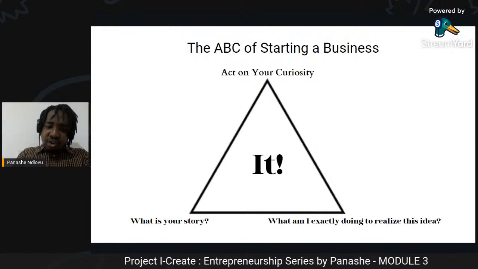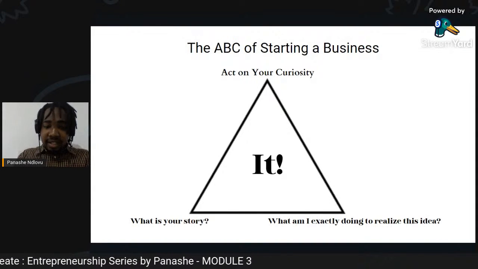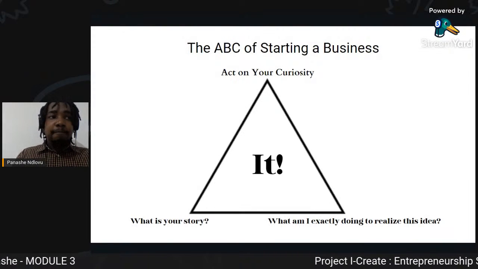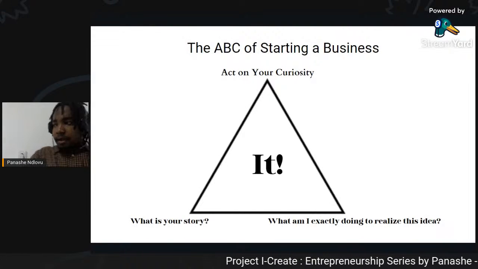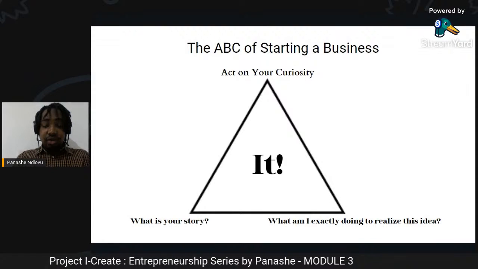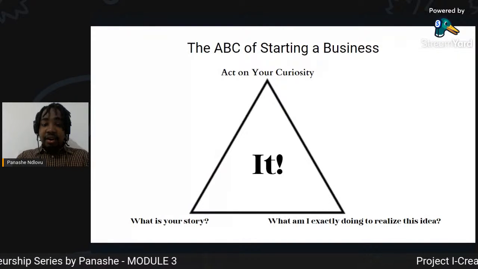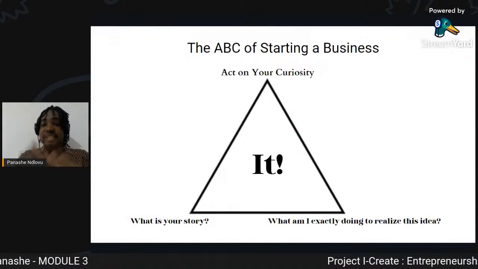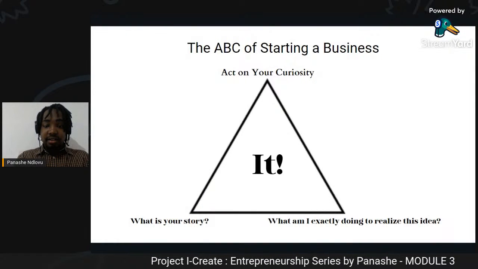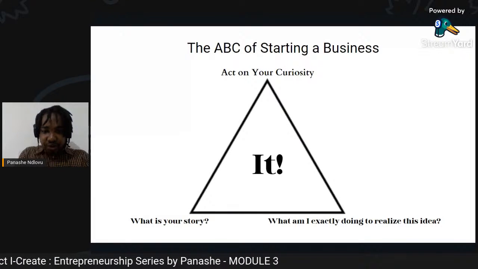I've written it down, and I'm thinking about it, but how am I going to start? So the important thing is really realizing how important this question is. Asking yourself this question is important on its own, right? And oftentimes it's an indicator that you are on the right path. Okay. So we're going to talk about the importance of acting on your curiosity as you navigate this question.